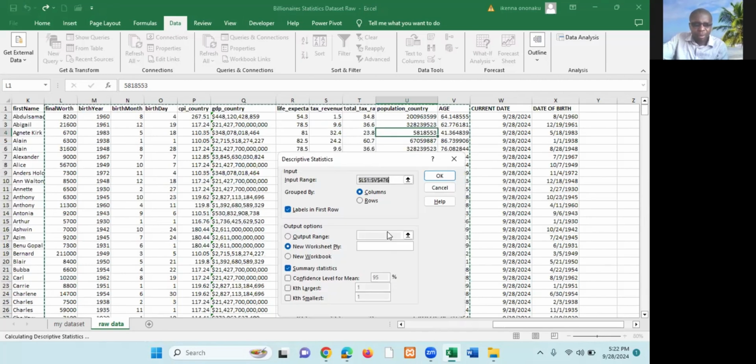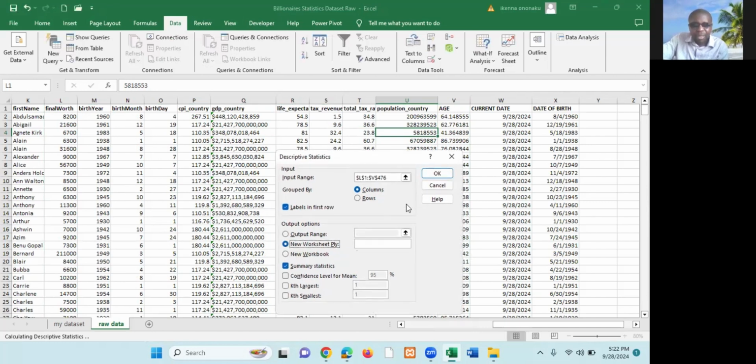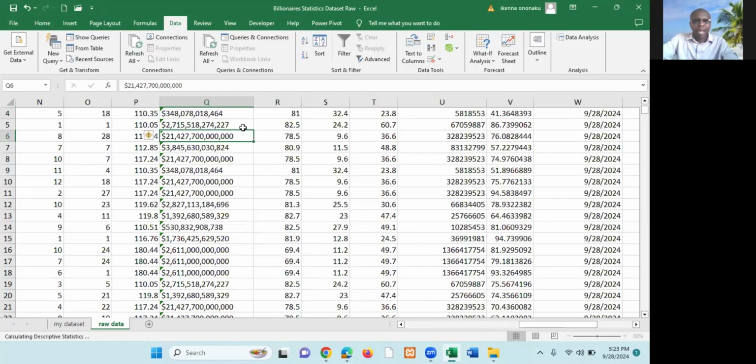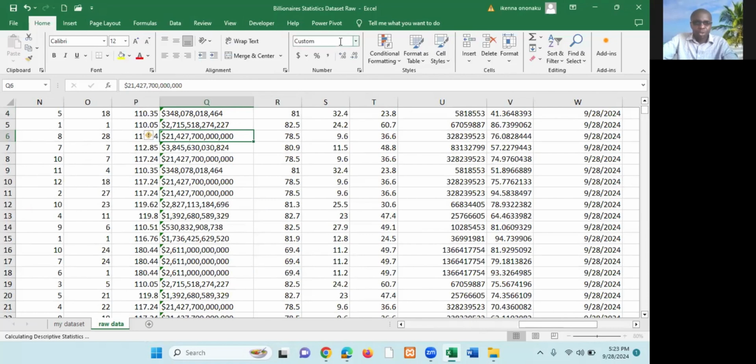Let's look at what it's talking about. Okay, we have summary statistics, and it's saying that it contains non-numeric value. Let's verify again our selection. If you look at this column now, you will notice that if you click on any cell here, and you go to home, you will notice that the data type is custom. What we will do in this case is